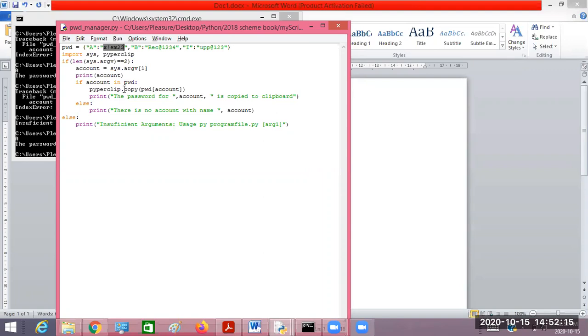Command line arguments. That is most important. Using command line arguments, right? You learned command line arguments, yeah. So that plays a major role because in most of the programs, usually we give the input through the command line, right?